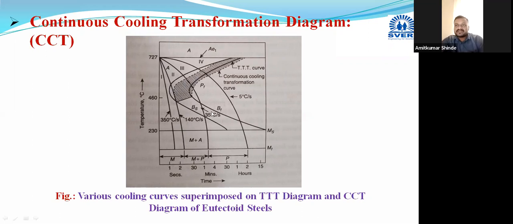And then for this third curve, here also with this critical cooling rate, we will end up with the Martensite phase at room temperature. Then with this third cooling rate, we will end up with the Bainite, which may be upper Bainite or lower Bainite. And the fourth cooling, that is the slow cooling, here we will end up with the Perlite. Coarse perlite or fine perlite can be obtained. Sometimes in the third cooling rate also we will get the fine perlite, and in the fourth cooling rate we will get the coarse perlite. Okay, in this way.